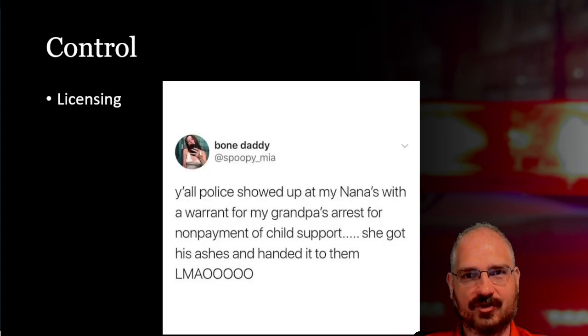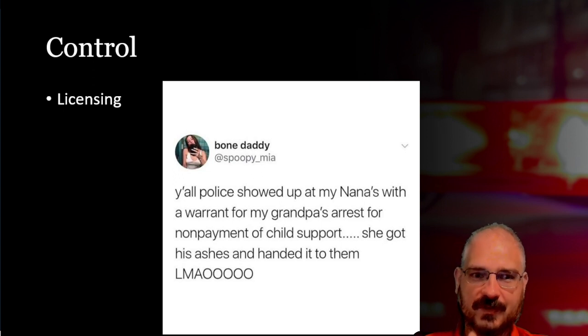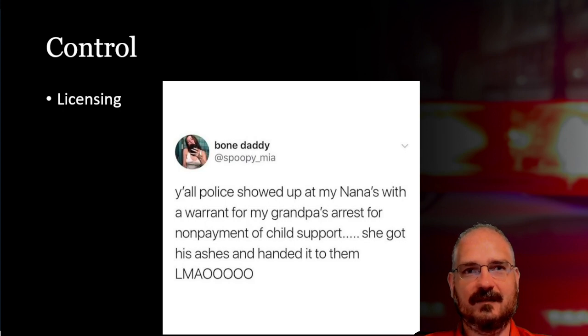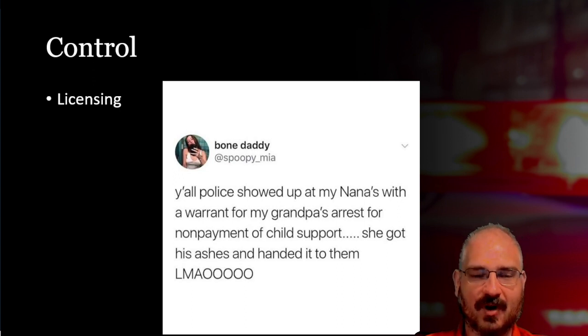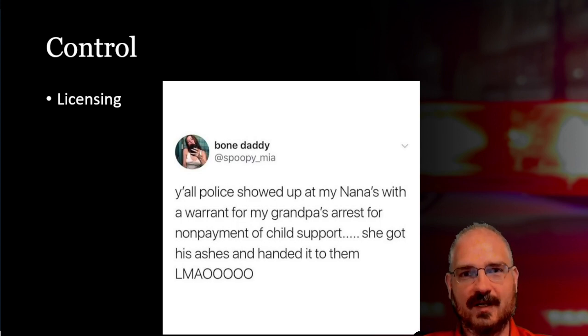Licensing is another way of gaining control and compliance with different rules and standards. So if you want to be a doctor, that's great, but you have to get a license to be a doctor before you are legally allowed to advertise or act as a doctor. If you want to be a police officer, you have to get licensed. If you want to be a lawyer, you have to get licensed. So essentially, they're ensuring control and rule compliance through saying, you have to follow these steps, you have to abide by this process, you have to jump through all these hoops in order to make sure that you are complying with our rules and regulations and standards, and you're not just